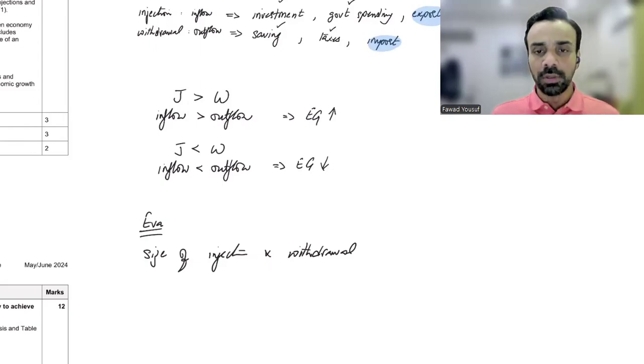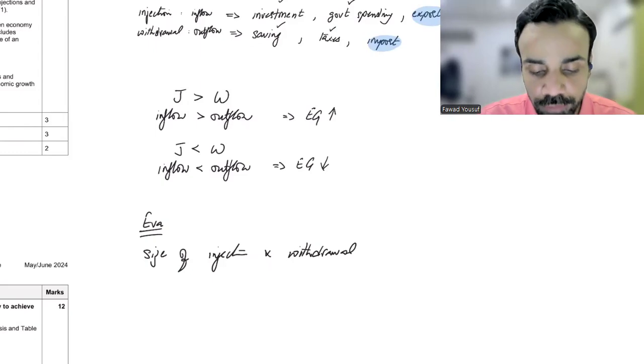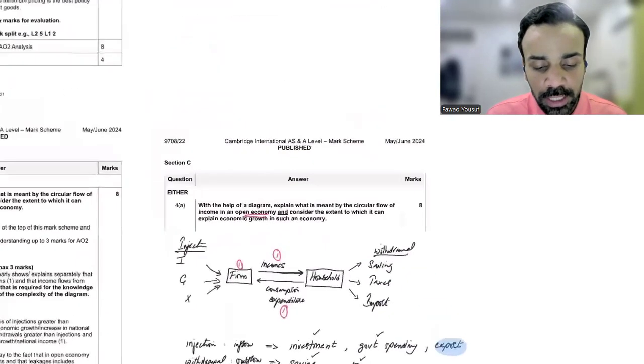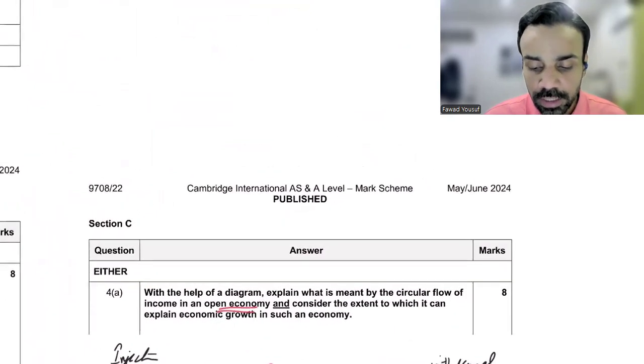So this is how the answer was written for this, right? Please make an attempt on this particular essay. This is the year. It's from June 24, variant 22, and then we'll talk about more in the next lecture. We'll probably complete because there are not many questions on this particular topic.